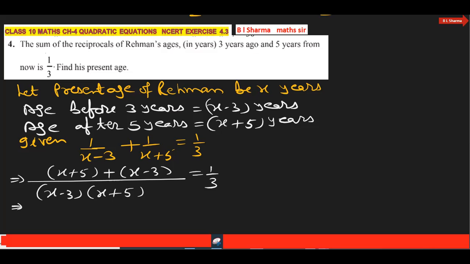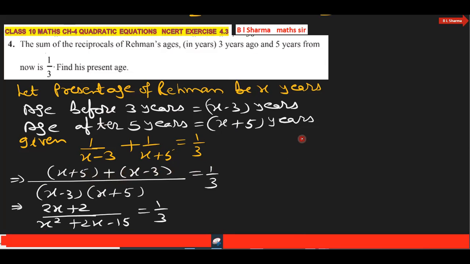Further simplification, x plus 5 plus x minus 3, that is 2x plus 2, upon x minus 3 into x plus 5, that is x square plus 2x minus 15, that is 1/3. On further simplification,